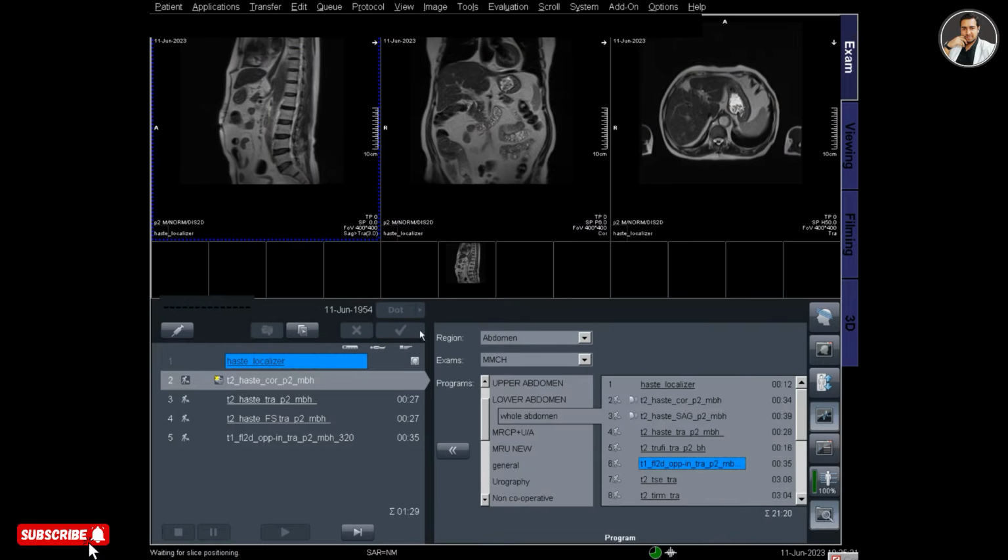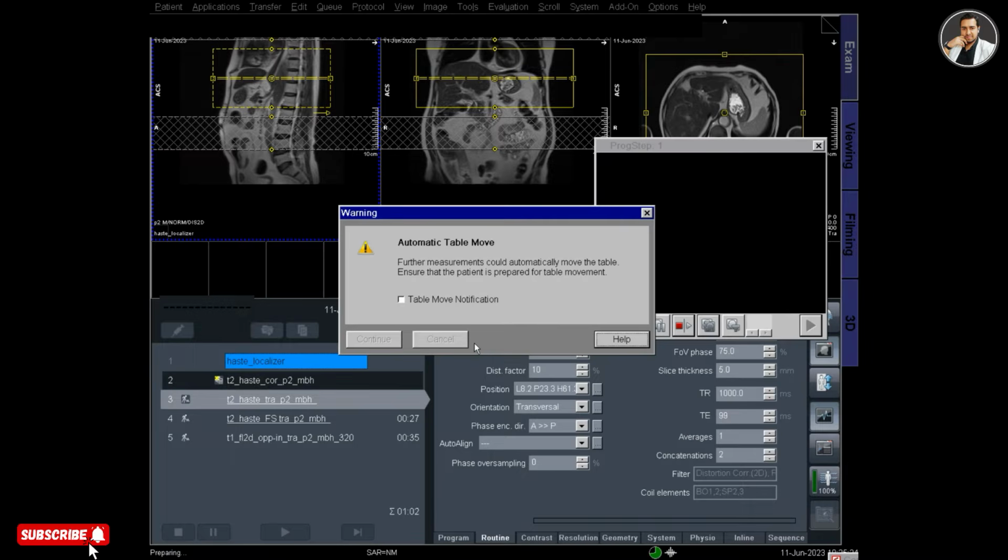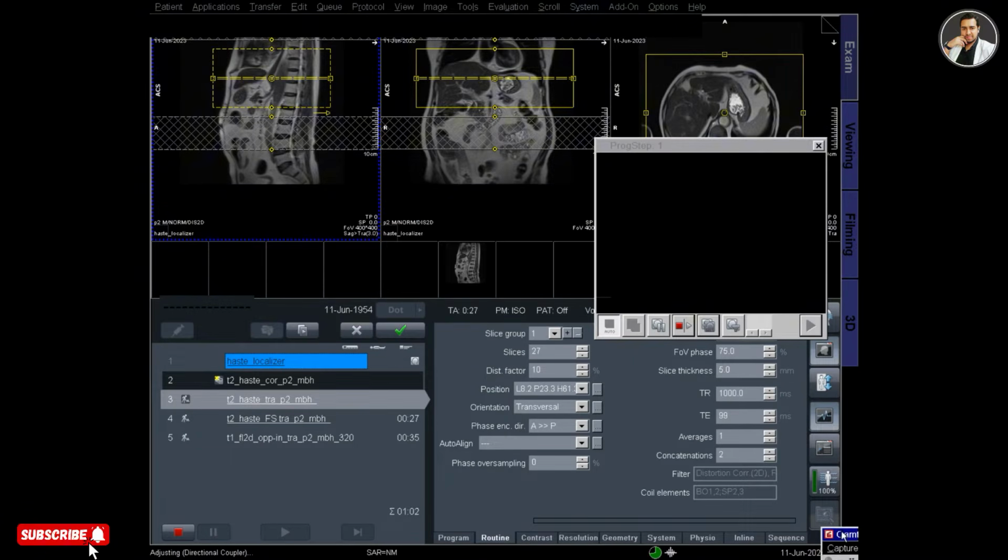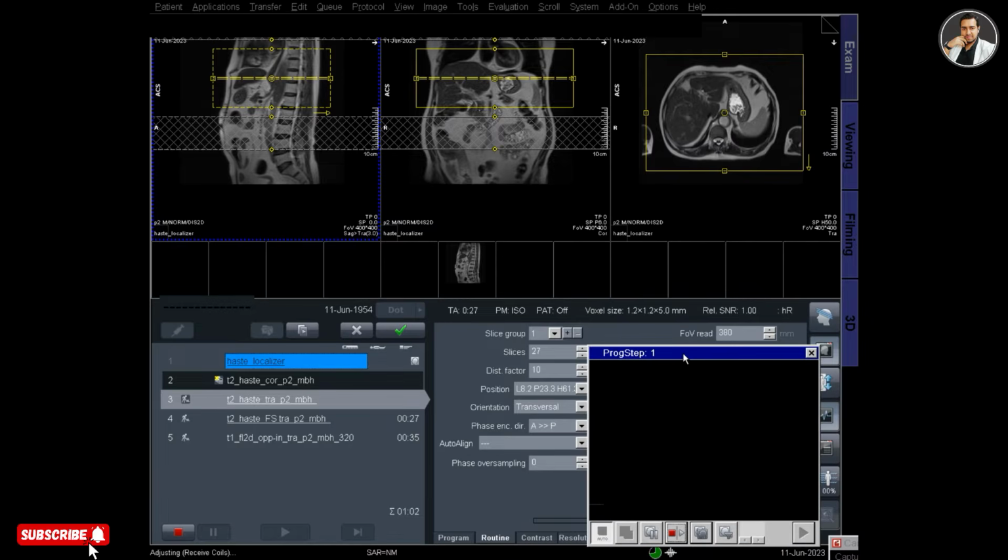So I have kept an idea to cover the area. And now I will plan for transverse protocols.